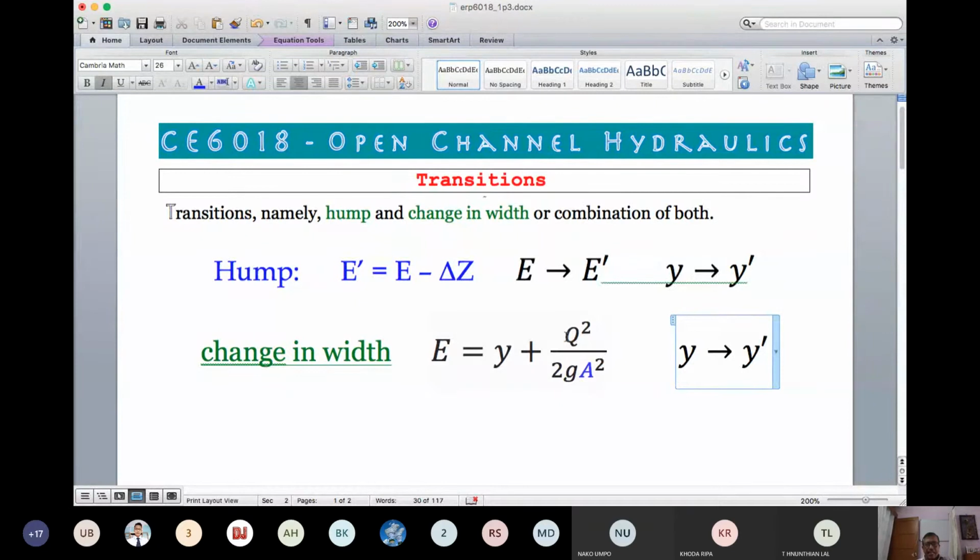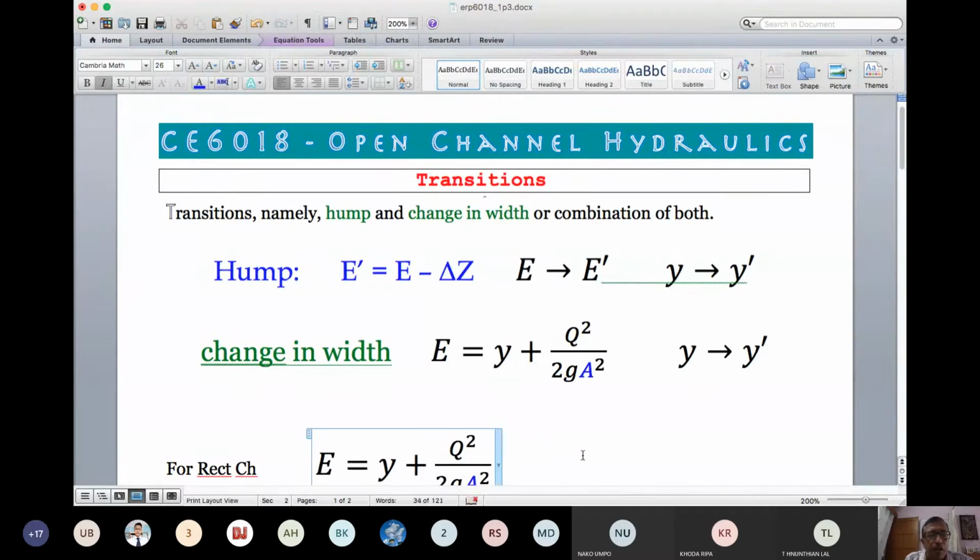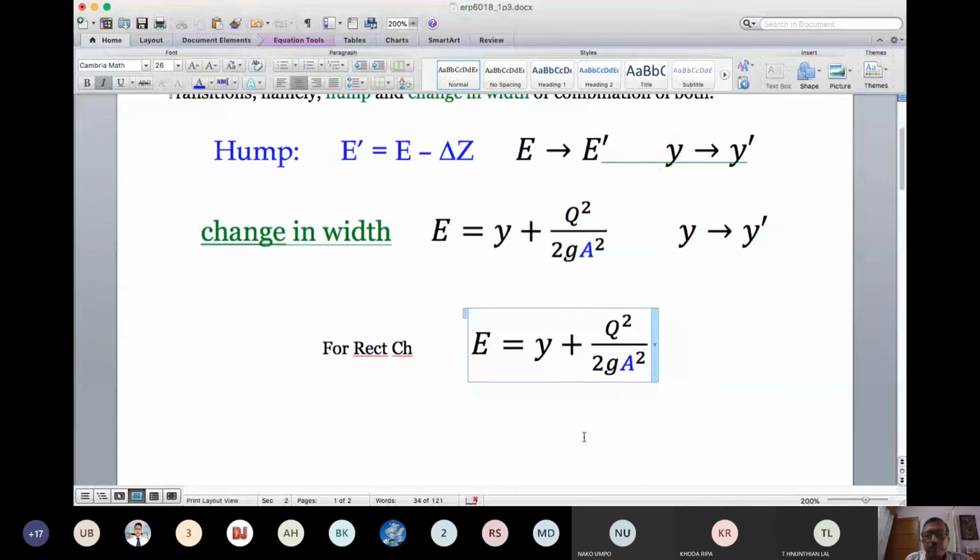If it is a rectangular channel, I can simplify the specific energy expression for the rectangular channel only. For a rectangular channel, you have E equal to y plus, so here I'll have small q, and this one will be y squared. This is the simplified expression for a rectangular channel, where